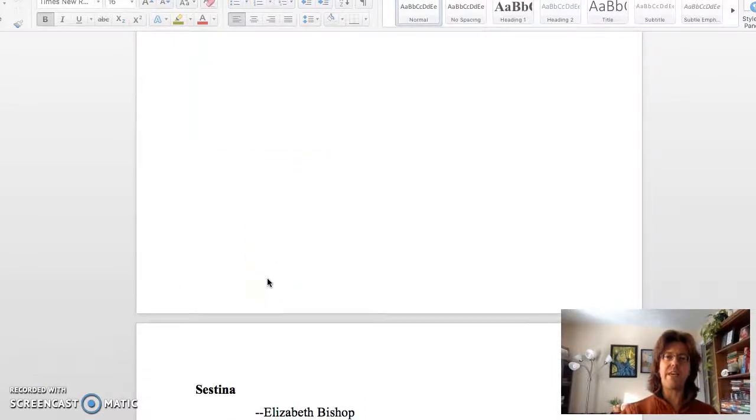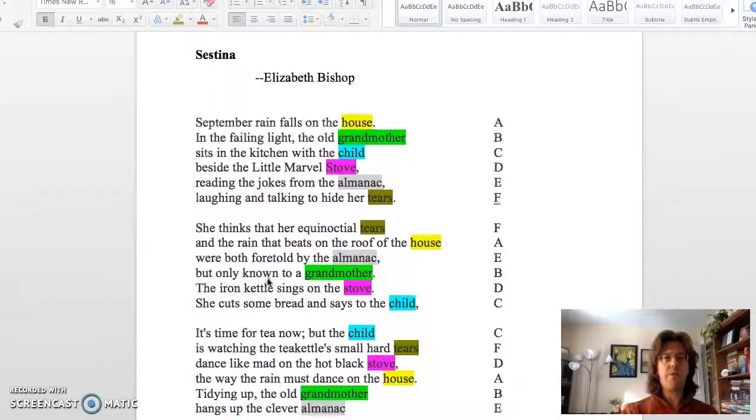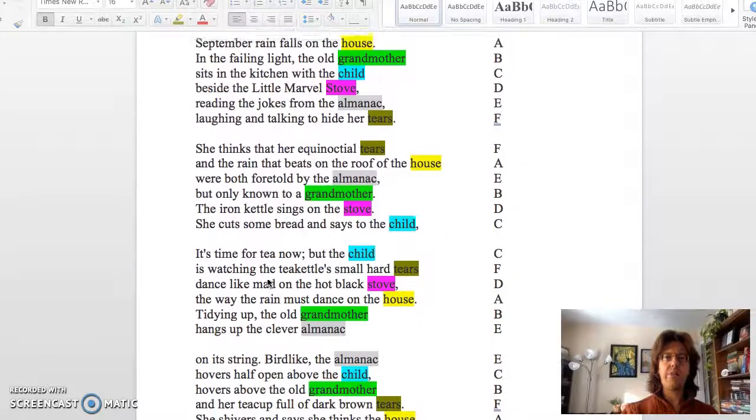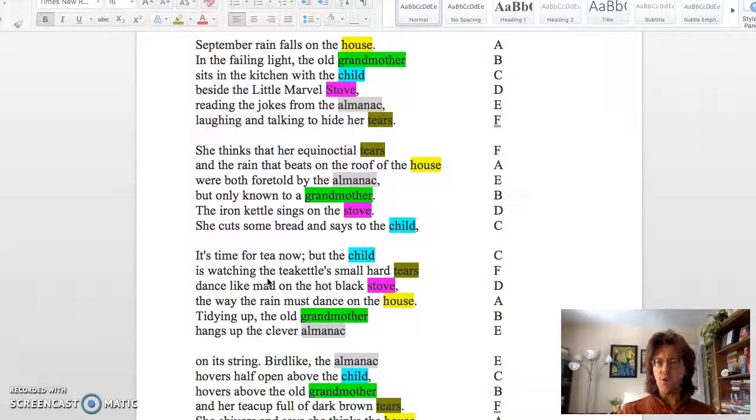You might see it as the easy thing about the sestina or the difficult thing about the sestina to realize that the 6 words that end the lines tell you how the poem is going to go. House, grandmother, child, stove, almanac, tears. I have color-coded those. I have given them names, A through F. A sestina is required to have the lines end in this exact order: A, B, C, D, E, F, F,